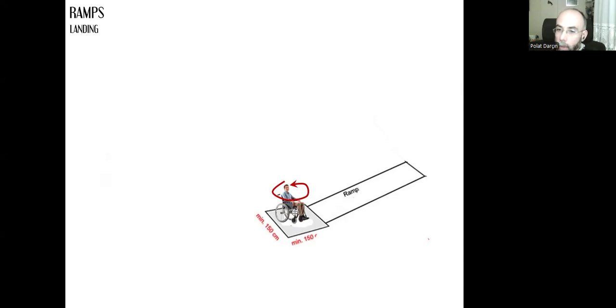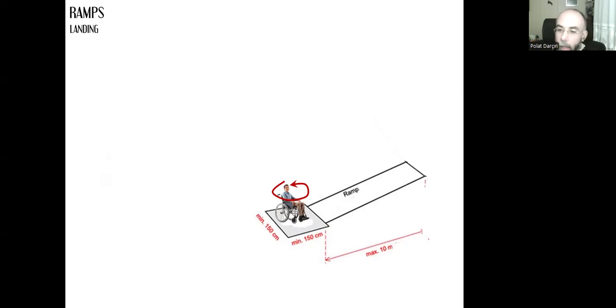So if you are designing ramps for people who need wheelchairs, we need to have at least a 150 by 150 centimeter square area at the beginning of the ramp, and the horizontal length of a ramp